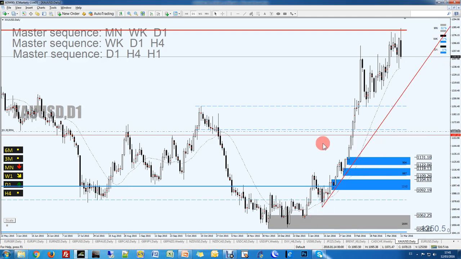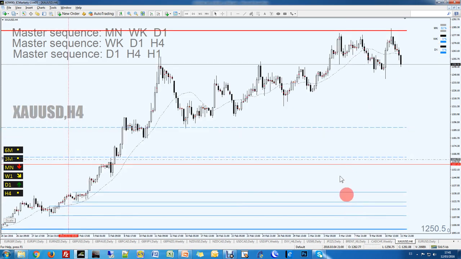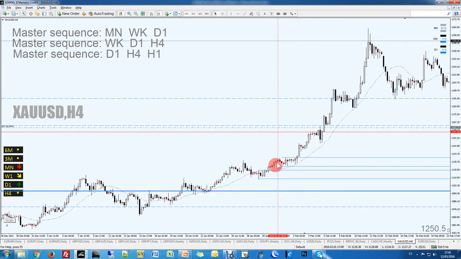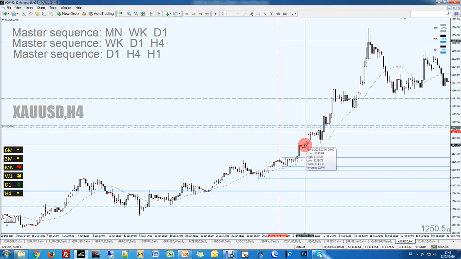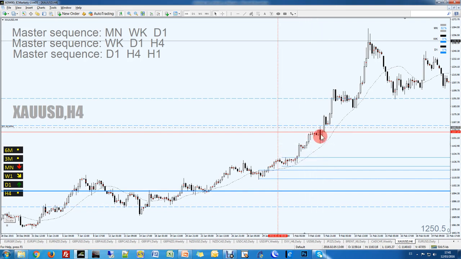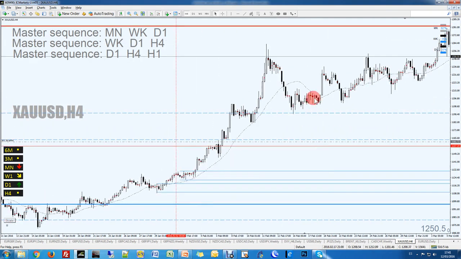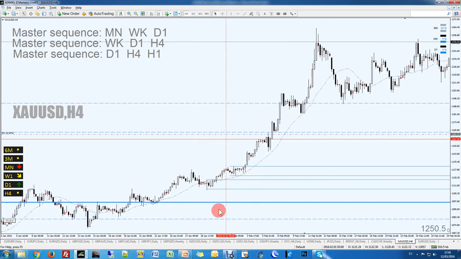Let's go to the 4-hour, vertical line with the V key, 4-hour, and this is what we have. Now on the 4-hour, once we break this, as you can see, a 4-hour area of demand here, another one pre-CP, another 4-hour area there, pullback. This is a daily as well, and then another 4-hour area and all that. So this is a 4-hour. So we start taking with daily, 4-hour, 1-hour as well if we want. We'll take a look at that now.